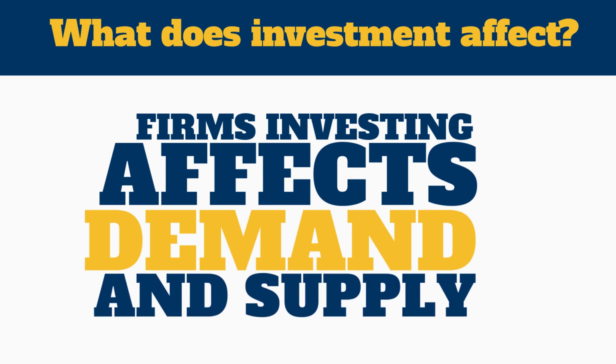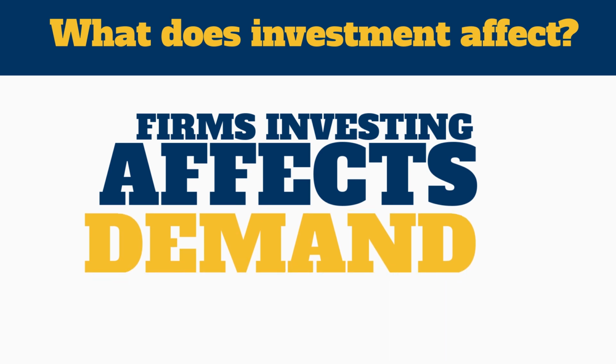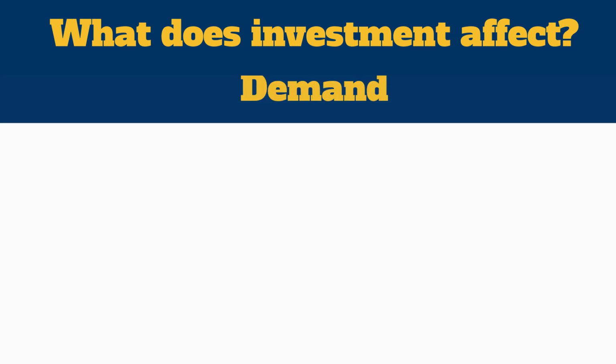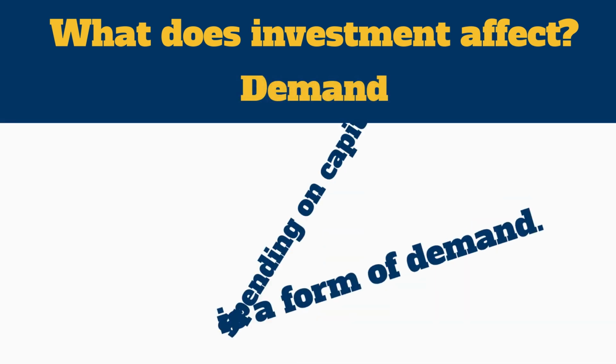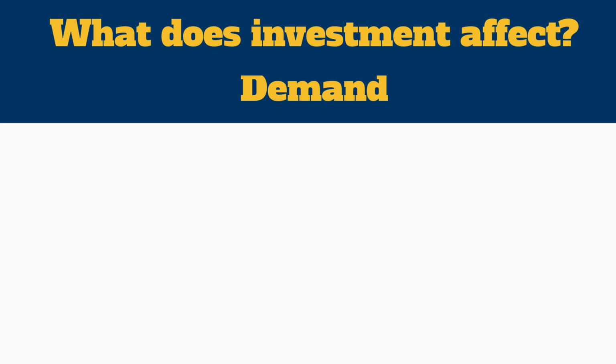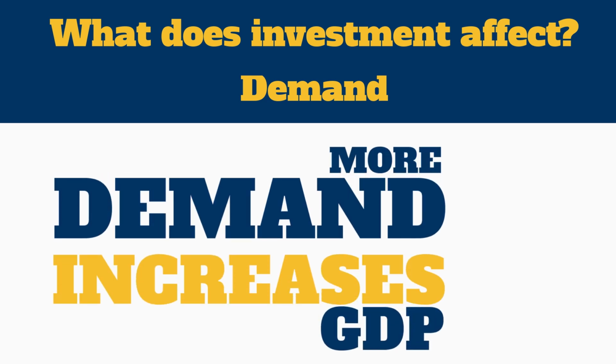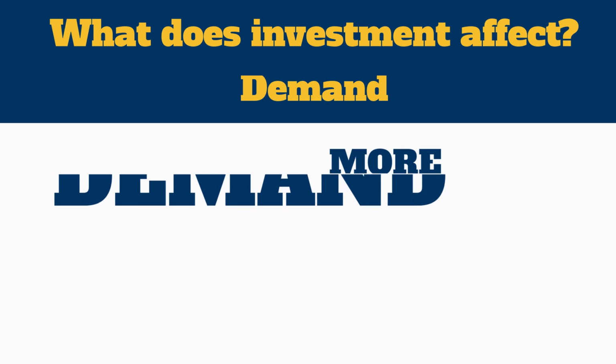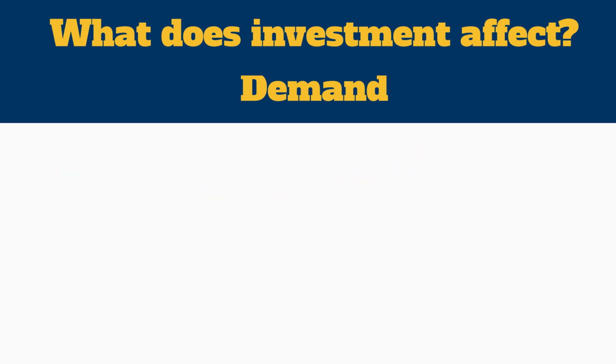The first impacts of increased investment in a country are on demand, because the initial investment itself is a form of demand. If firms decide to buy new machinery, then they will be adding to the general or aggregate level of demand in the country. If there's more demand across the country, then it's likely the economy's output will increase, and this adds to GDP. It is also likely that the increase in demand leads to firms putting up their prices, and this can cause inflation.